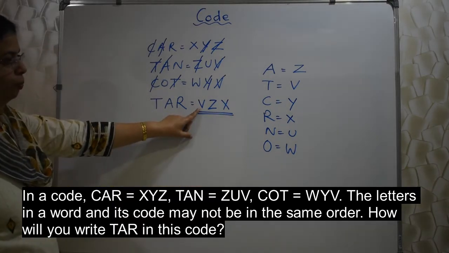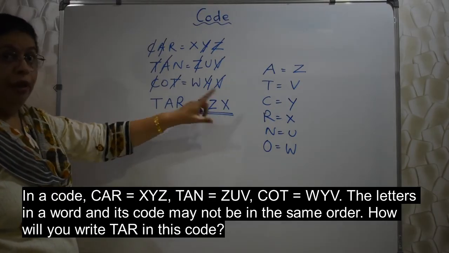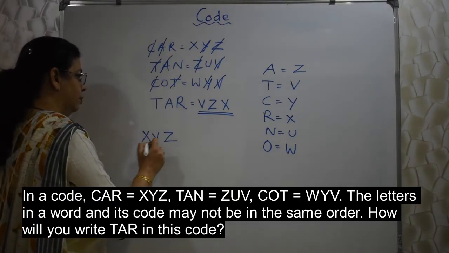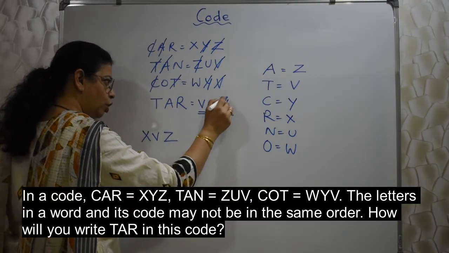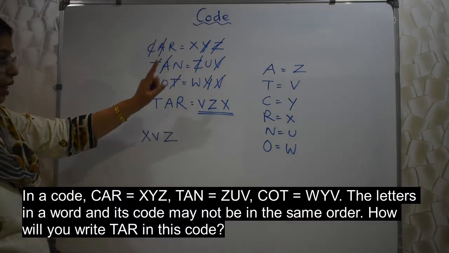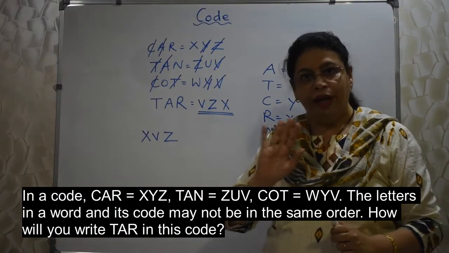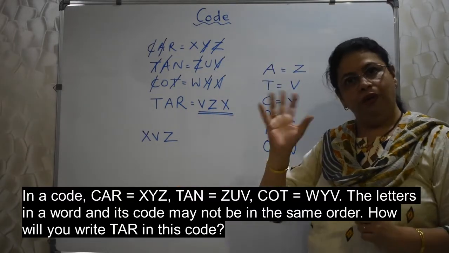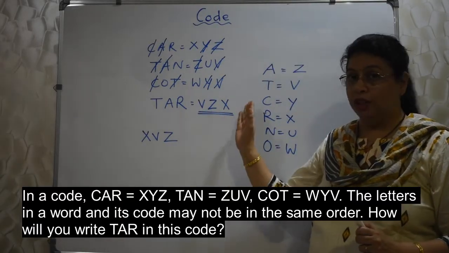If this same option has been given, yes, you have to choose V, Z and X. But the option is given like this, or anything pertaining to this, the option which has all three letters. Then choose that. If the same order is not given, if you do not find any option, choose the option with these 3 letters, even though they are in different order. Okay, other options will not have all these 3 letters.